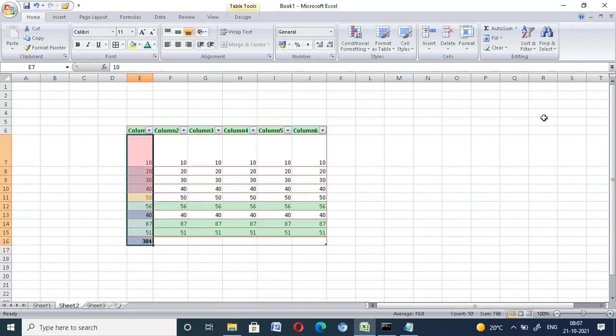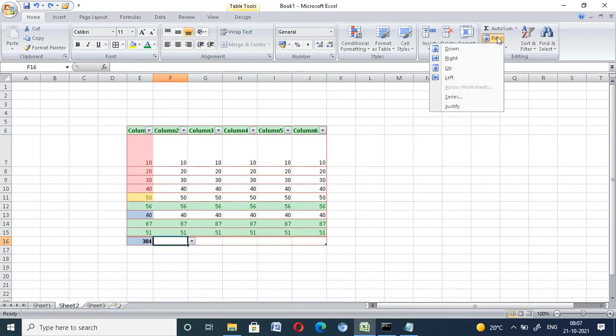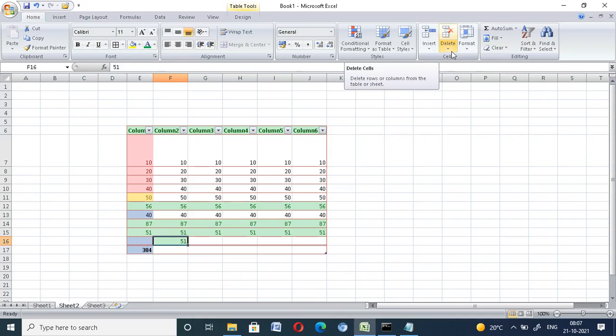Now if you want to fill down, below this there will be fill down also, to fill the number. Clear just erases the number.